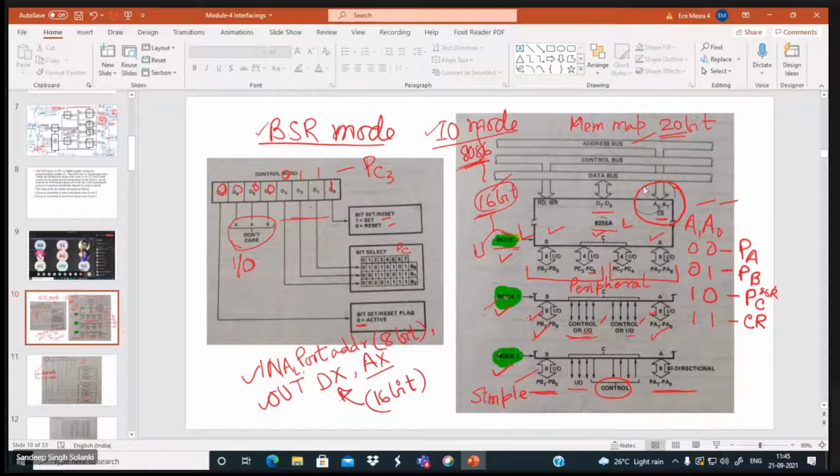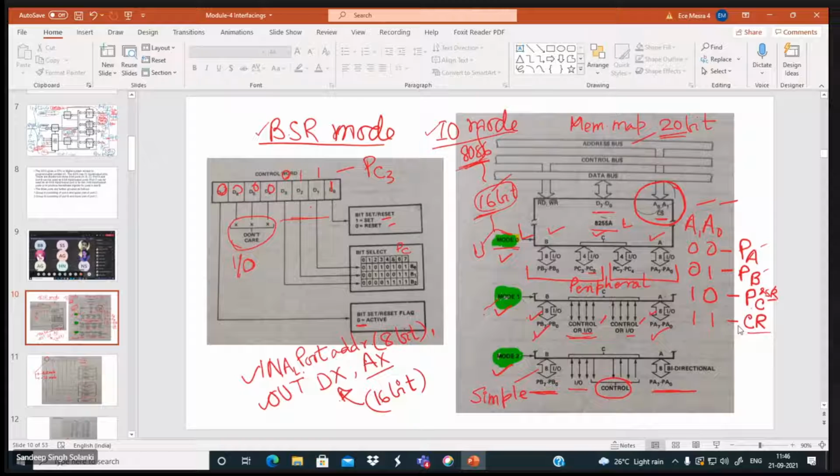Here you see the A0 and A1 address lines. There are 4 combinations: 00, 01, 10, and 11. When it is 00, port A is selected, then port B, then port C and the status register also, please remember. And when it is 11, it is the control register. Are you getting it?